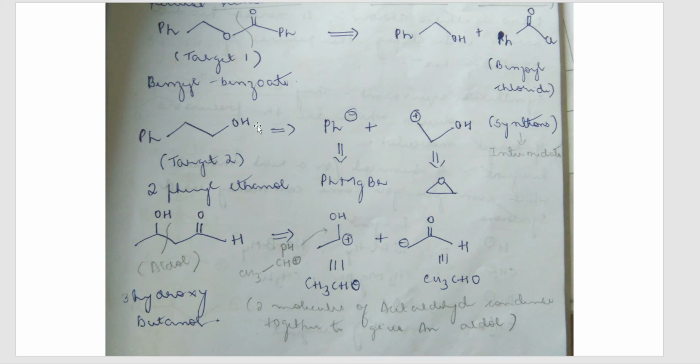Let's see this example. Example number 2, that is synthesis of target molecule 2-phenylethanol. This is 2-phenylethanol. Now see where can you break here? Here there isn't any place. You cannot just break here and just add OH like that, correct? So see here, you can break the phenyl ring. So they have disconnected over here, students. You can draw one line here, you've disconnected here. So you have phenyl plus the other part.